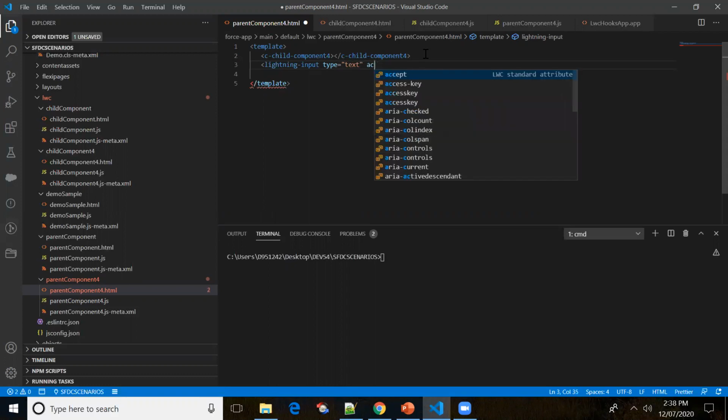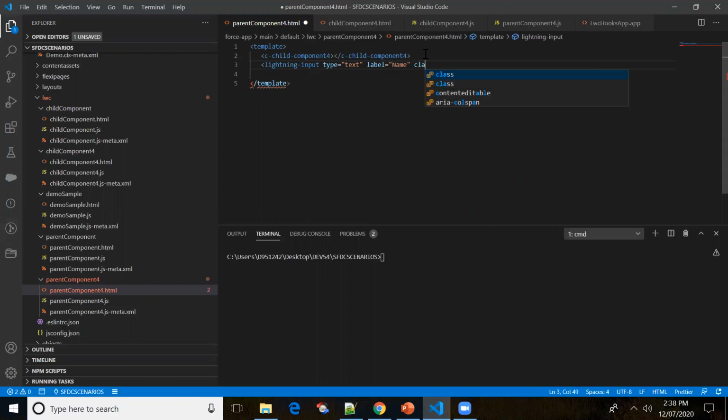Okay, so label equal to account name, and the class equal to ACC name. Okay, so let me provide some default value equal to Brahmanaidu. Okay, so now I'll try to access the input value. I'll try to access the default value, right?